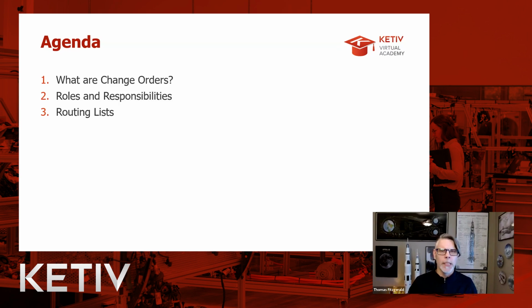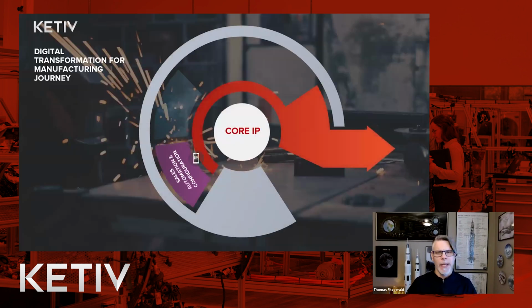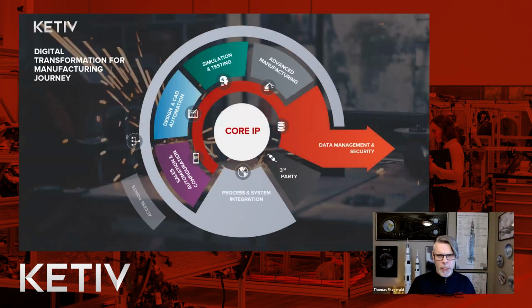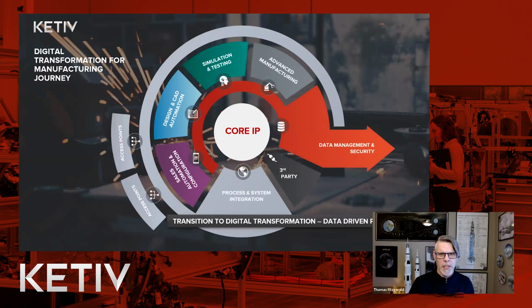So here at KETIV, we do a lot of different things. We support our customers in many different ways, from sales engineering and automation around the sales process with our partnership with Tacton CPQ. We also work a lot with our design and CAD departments, right? And our engineering departments in terms of using some of the authoring tools for engineering and design, and how can we automate some of those processes? How can we make things a little easier for you guys in regards to what your responsibilities are within design and engineering? We also have a partner, ANSYS, that really focuses on simulation and testing,